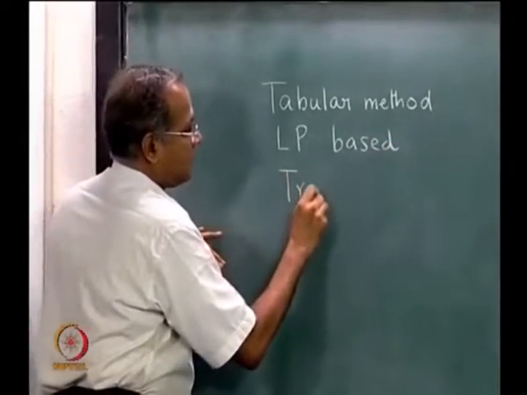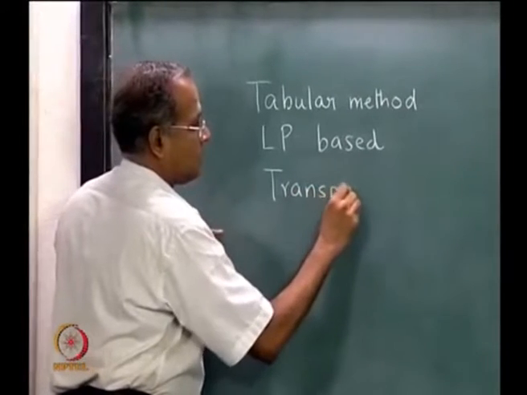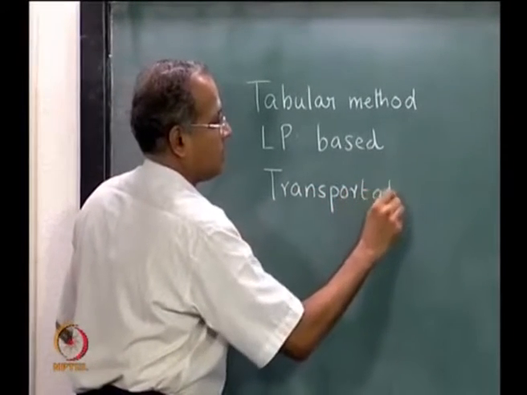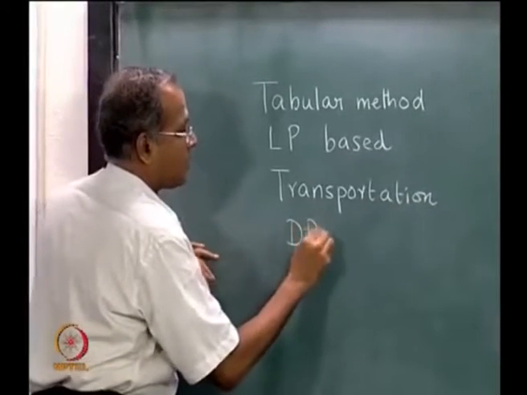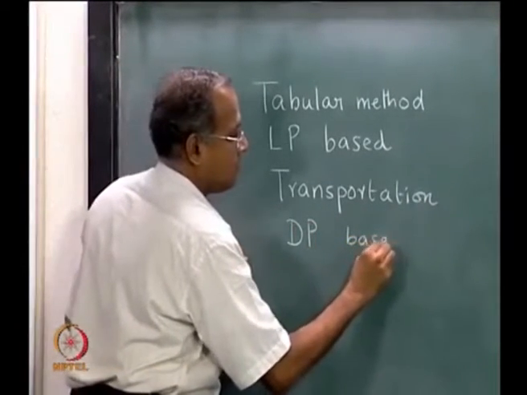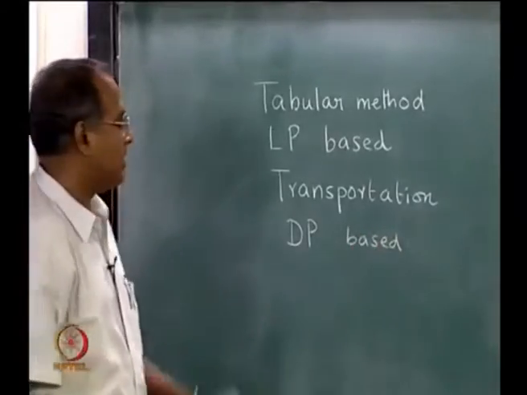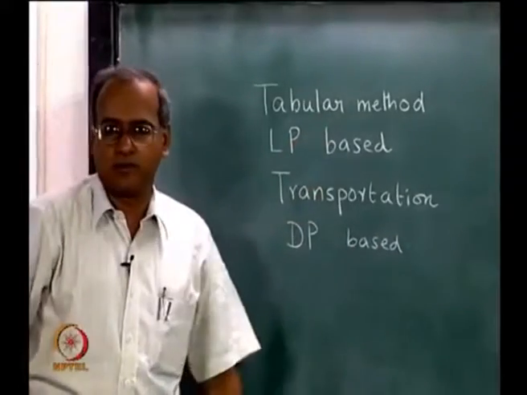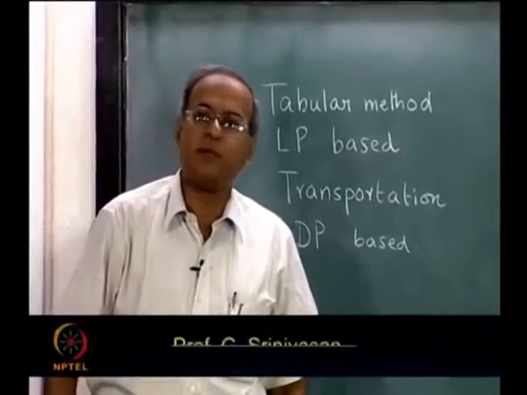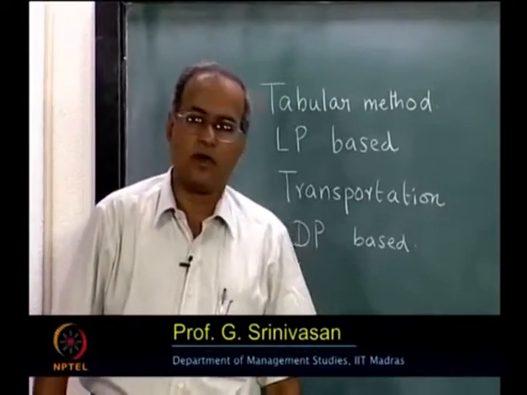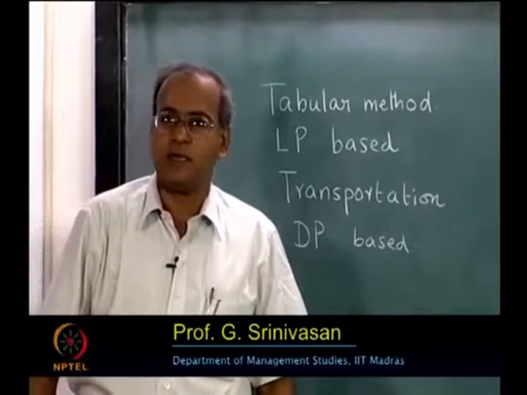We then did the transportation based algorithm, and we also did a dynamic programming based algorithm. The tabular method was an evaluative algorithm where the user inputs the values of the production quantities and the